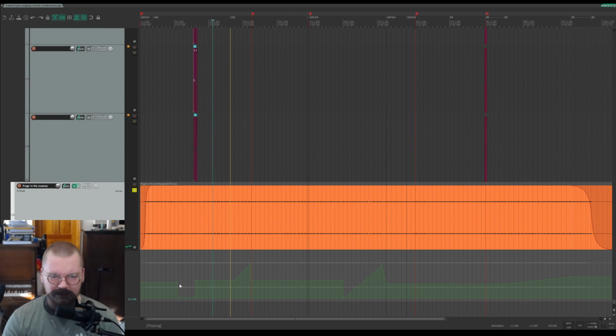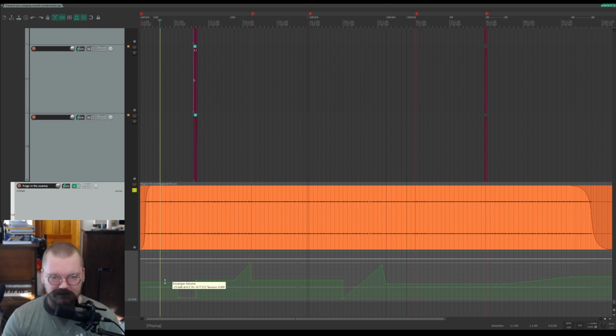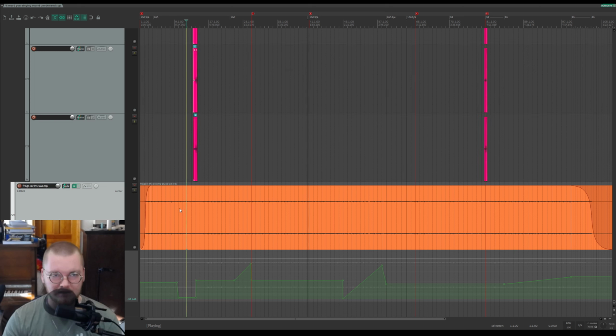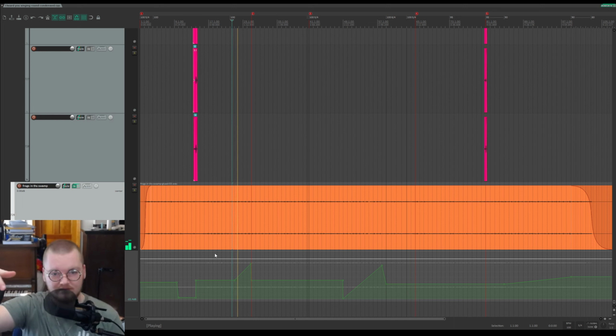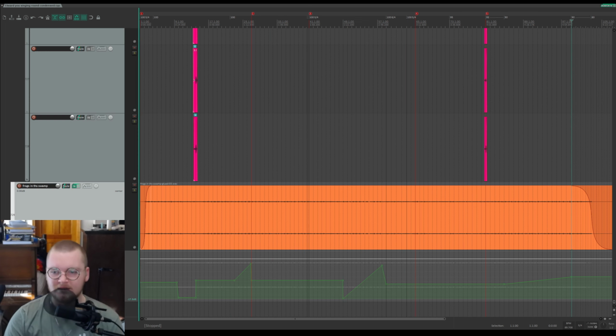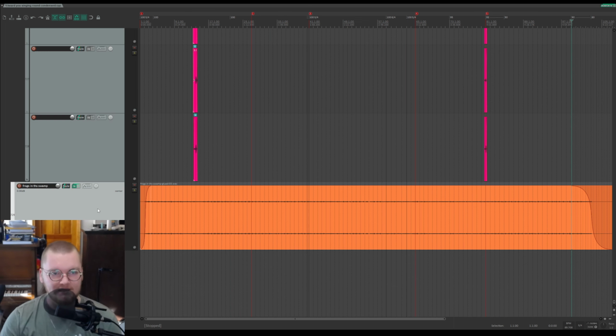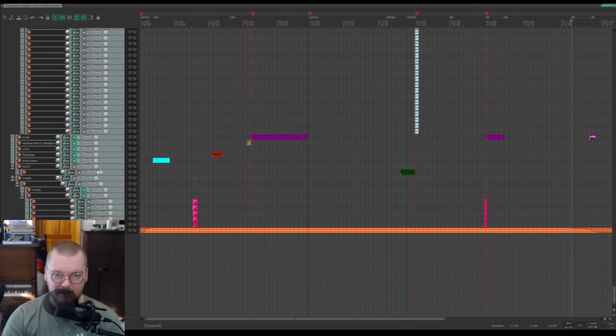So as you can see, it starts at a decent volume, it disappears for this section, and then comes back in, and then it gets louder during this section. And then it goes back, and then it drops all the way down, gets louder, and then drops down, and then gets louder. So that's not just staying consistent throughout, it has some action to it.